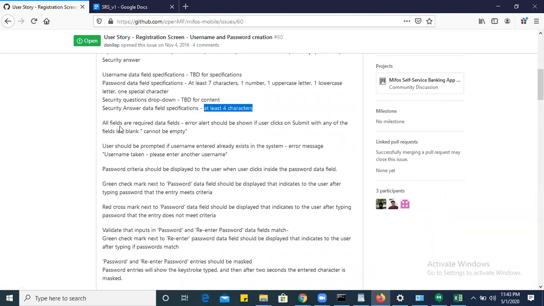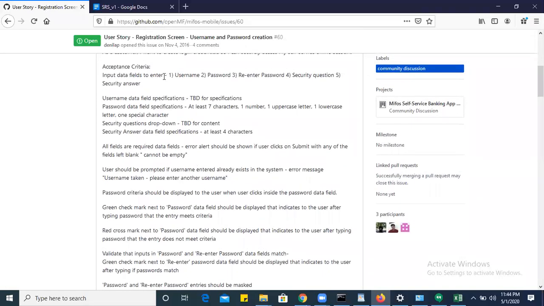Next, all fields are required data fields, meaning all these 5 fields are mandatory. If anything is left blank, it will give the error message that it cannot be empty. We will see how to write the test cases for that.